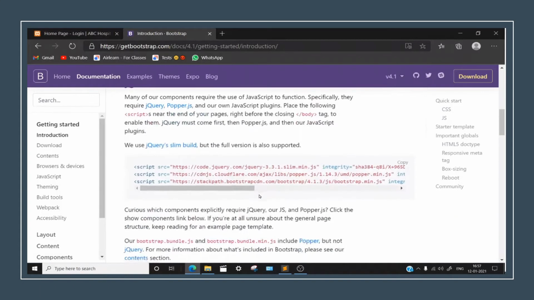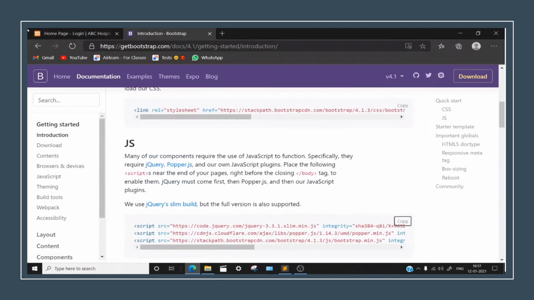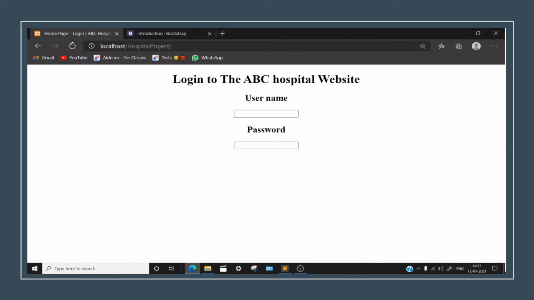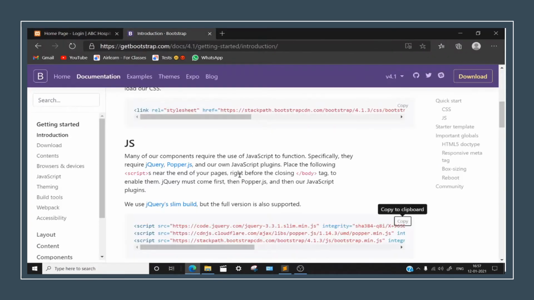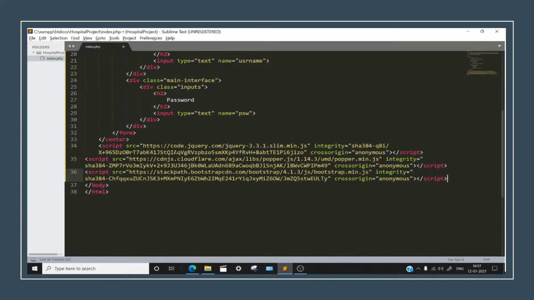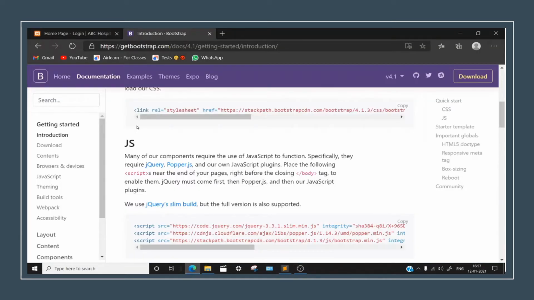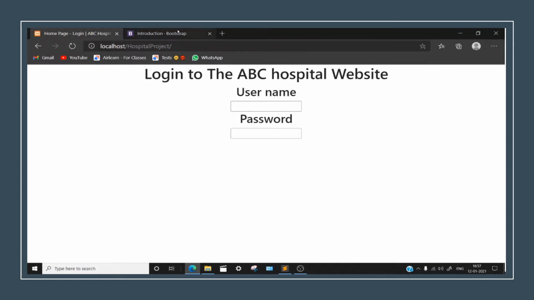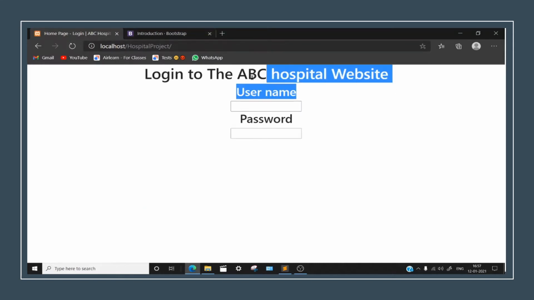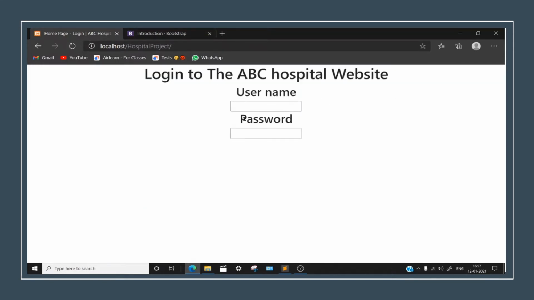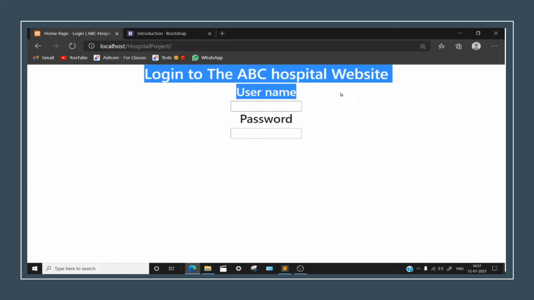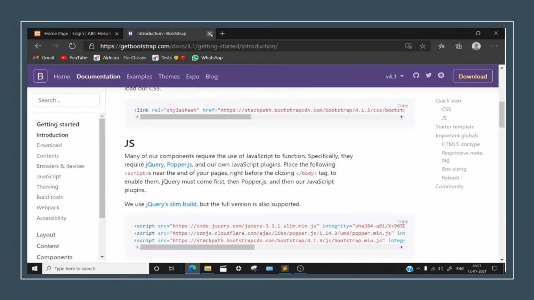We need to do all these things because this is Bootstrap. What does Bootstrap actually mean? It is like, for all the web pages, this thing works perfectly, and at any place this thing will do it. Here you need to copy the JavaScript files also. What we are doing is bringing all these things to our notice. See, the font has been changed right now. Did you see that? Okay, fine.